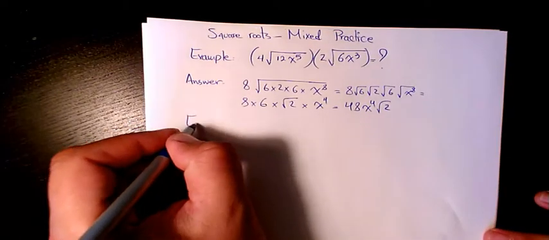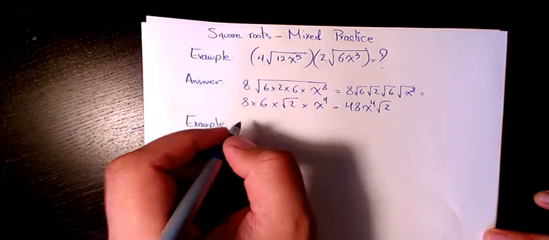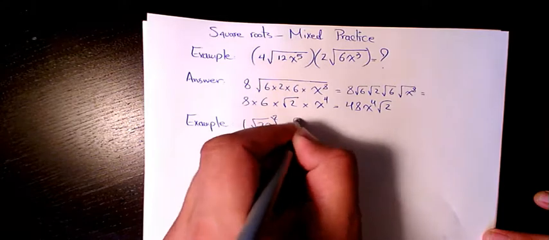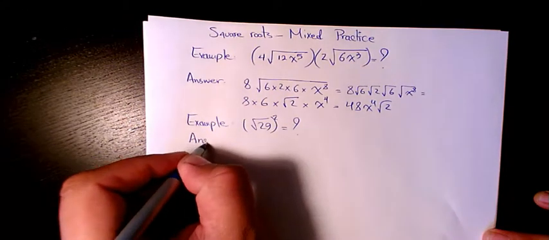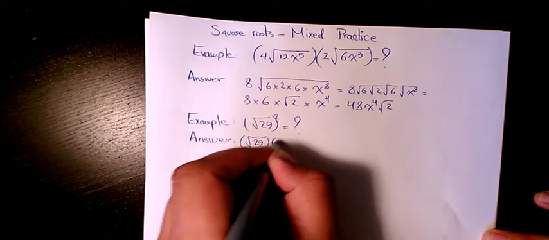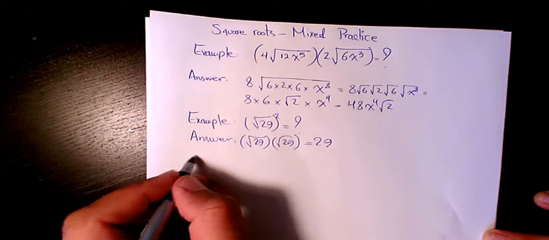Next example is root 29 square. Answer is root 29 times root 29 will be just 29. Next example